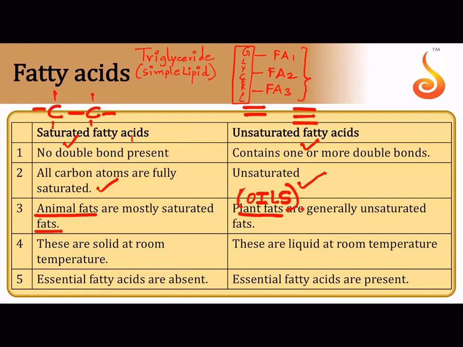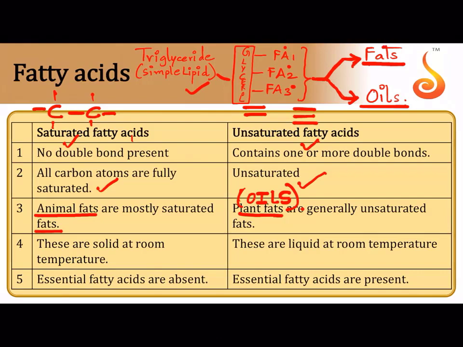Now these triglycerides are of two types depending on whether the fatty acids are saturated or not, that is fats and oils. Fats are solid at room temperature, and a fat has a glycerol and fatty acids just like in a triglyceride, but all the fatty acids are saturated. In oils, all the fatty acids are unsaturated. So actually fats and oils are a type of triglycerides. And what is a triglyceride? The name itself indicates: tri means three molecules of fatty acids linked to a glycerol molecule.